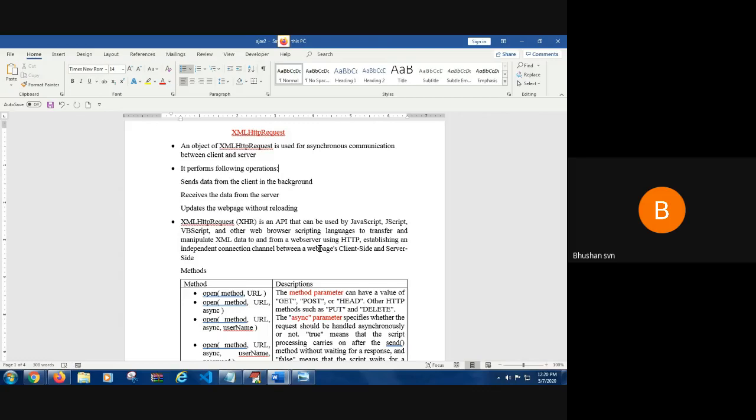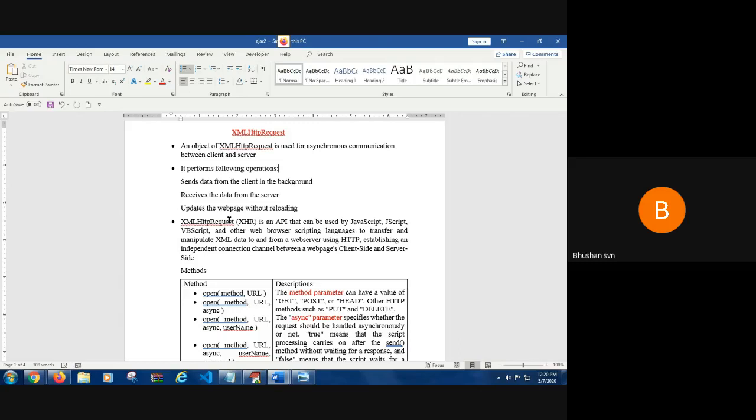For example, on this page, I just want to change XML HTTP request to XML HTTP response. I just want to change the word request to response. So instead of sending this as a request to the server and reloading all the contents again from the server, I don't want to reload the entire contents once more. I just want to change only the response. The classical web model will not provide this facility. Ajax only provides this kind of facility.